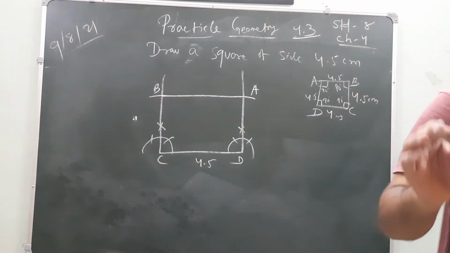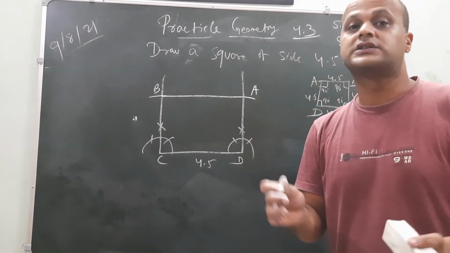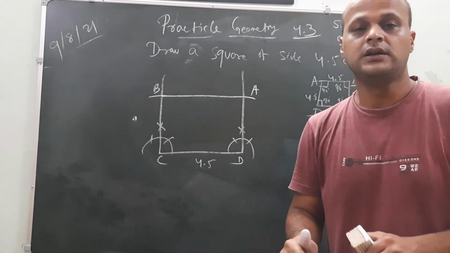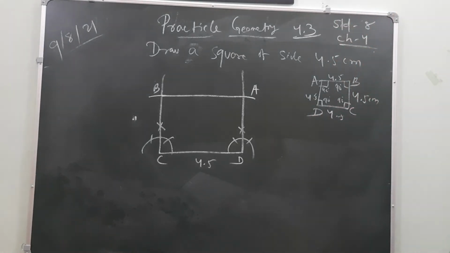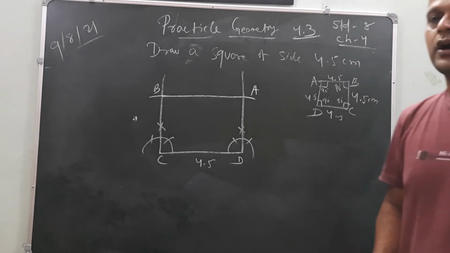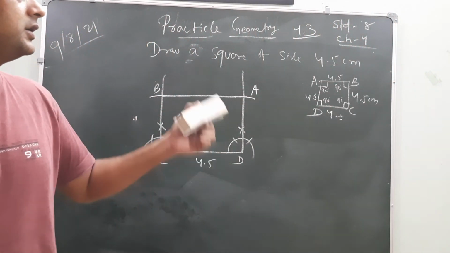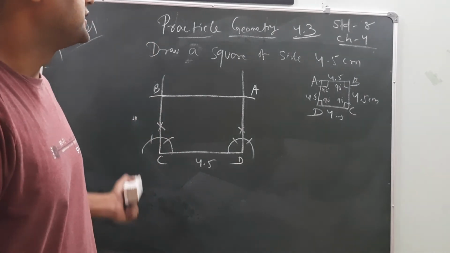If the simple statement is given, then how will you draw it? The same simple statement we have already discussed in the 4.2 chapter. That is rhombus. If two diagonals are there, then how will you draw the rhombus? Okay, so my dear friends, this is the simple funda of how to draw the geometrical shape by following the rough sketch from the given statement. Okay, this is the easiest way.